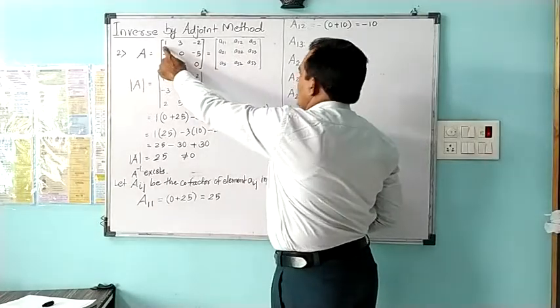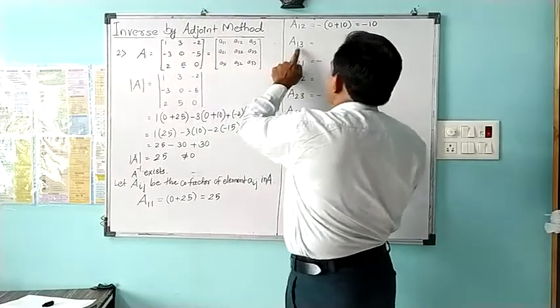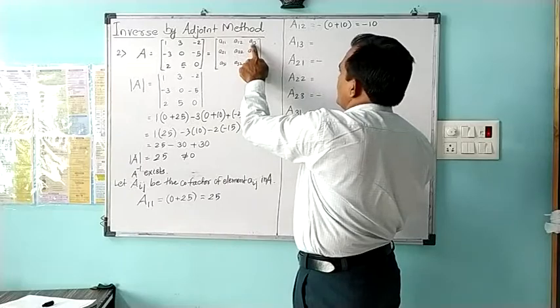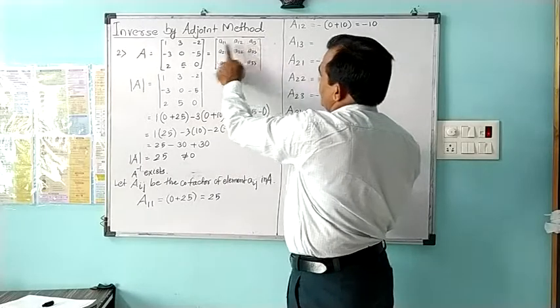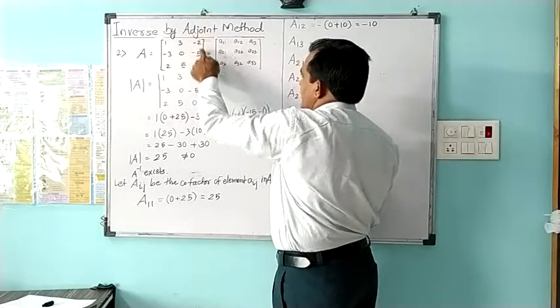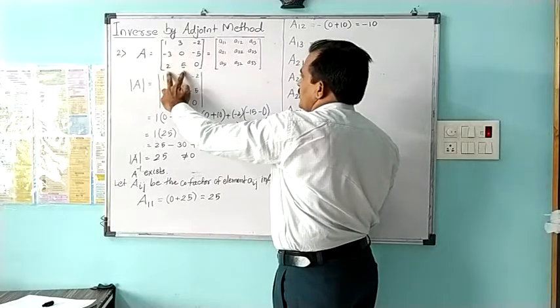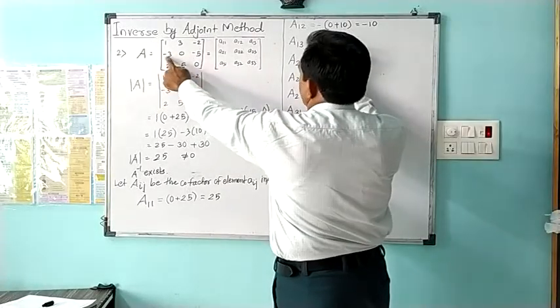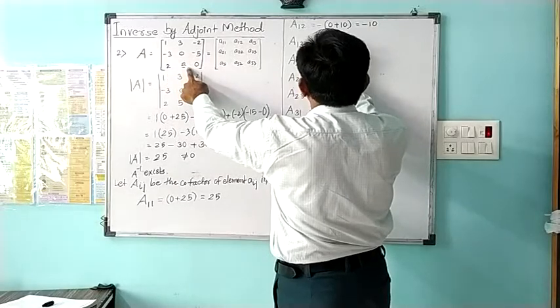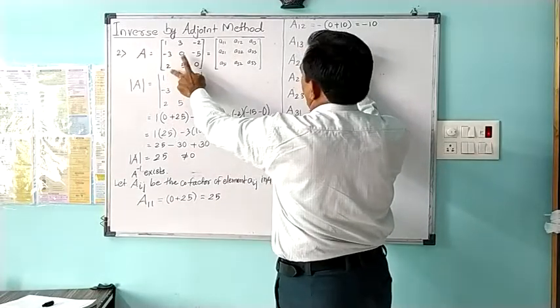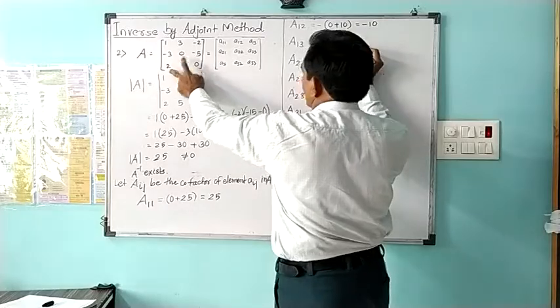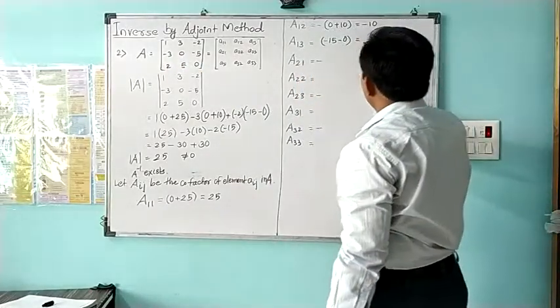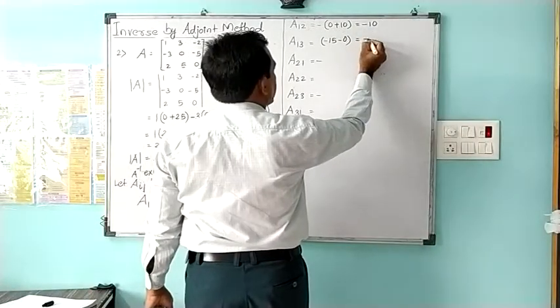Later on, this cofactor is the cofactor of position 1, 3. So eliminating the first row with the third column, we will have these 4 elements. Their cross will be -3 into 5, that is -15, minus by formula, and the next two numbers give us the product as 0. So this bracket is -15.